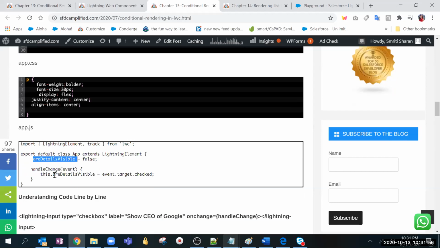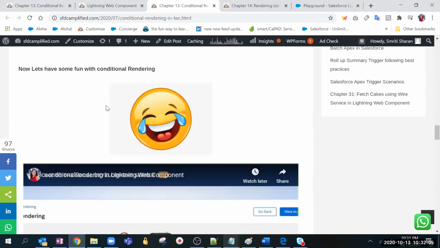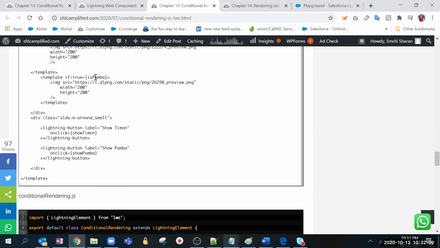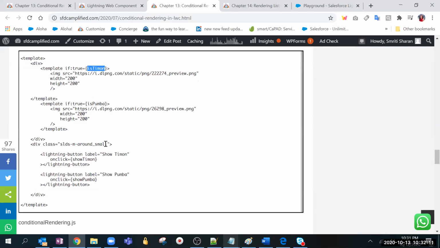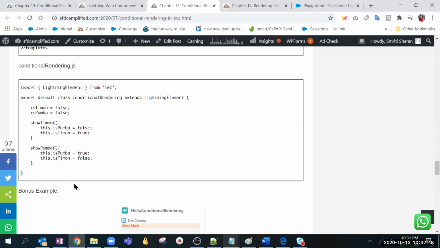You can pass any variable you want to. See this. Now you can say it is a property. So you can put any value you want to put there. So for example, if I'm talking about Pumbaa and Timon, I would have passed different values. See, I have passed is Timon and is Pumbaa. Timon I initially made false, and then I later make it true. Got it, right? Yes, got it.